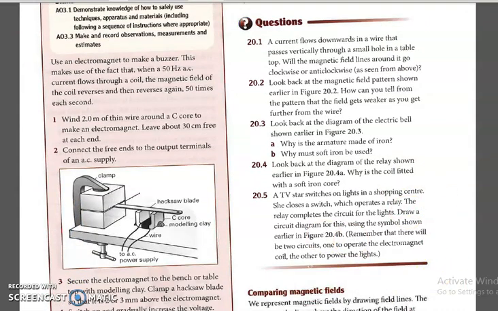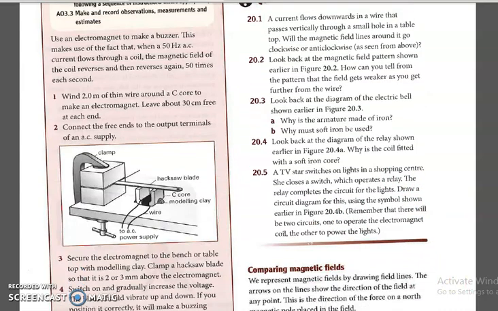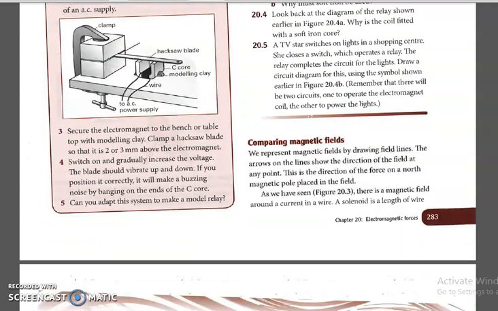Next, I am going to discuss two different magnetic fields. I have already told you, when we draw a magnetic field in a bar magnet, the magnetic field lines are drawn from north pole to south pole, and near the poles the magnetic fields are more concentrated. As the distance increases from the poles, the magnetic field strength decreases.